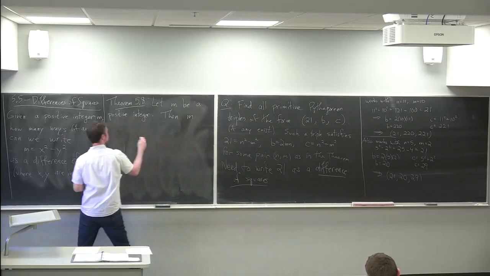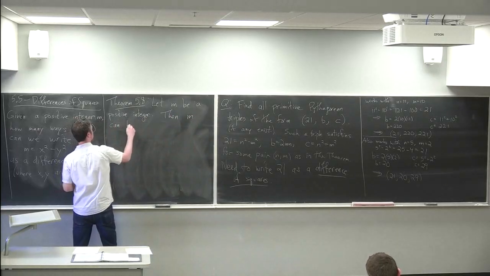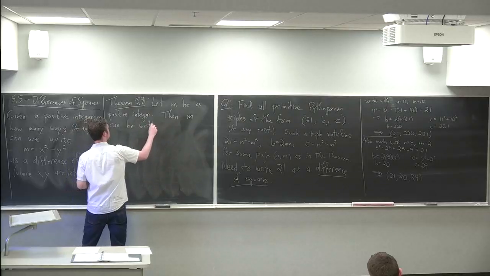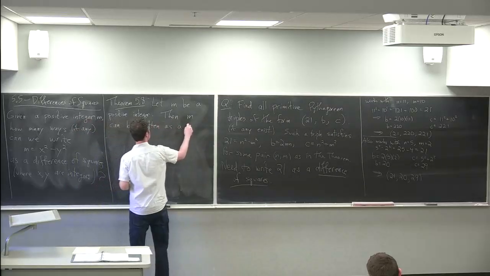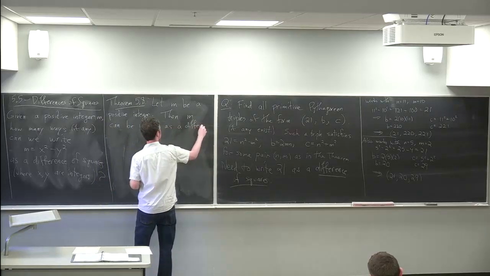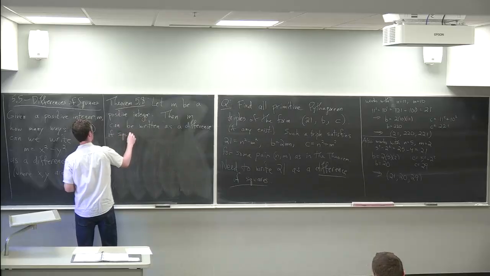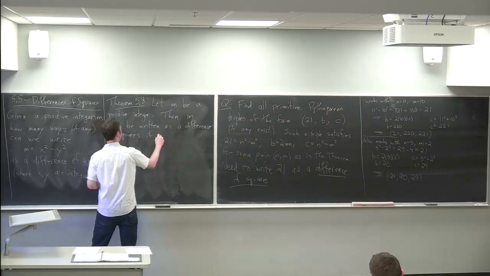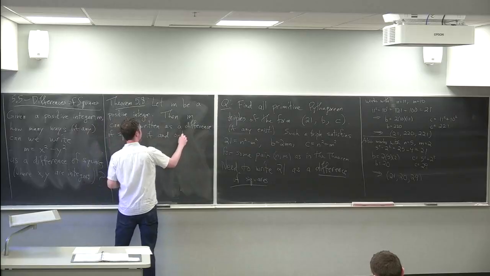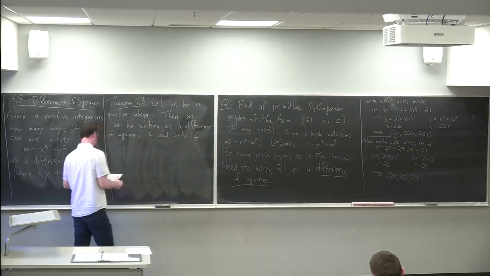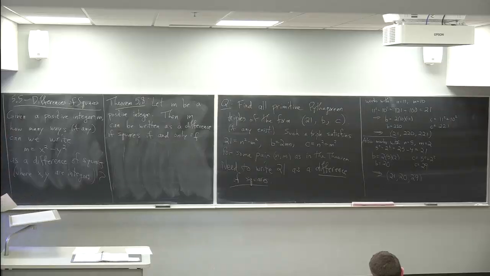The statement is that m can be written as a difference of squares if and only if... Where this comes from, I'll try to say before I finish, can be observed